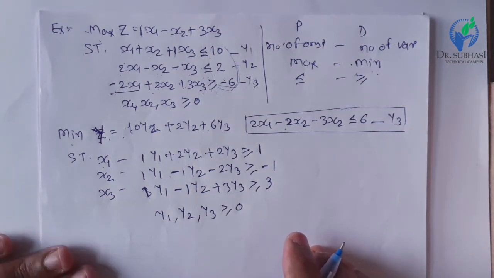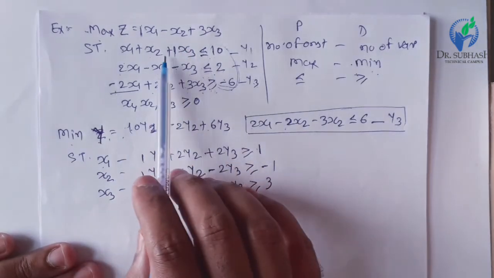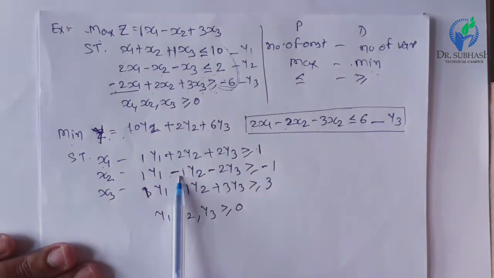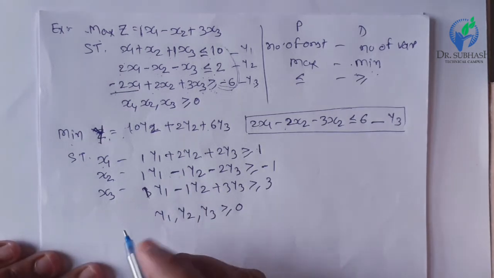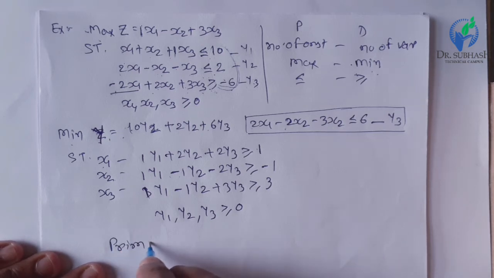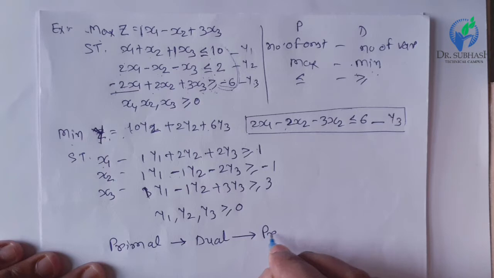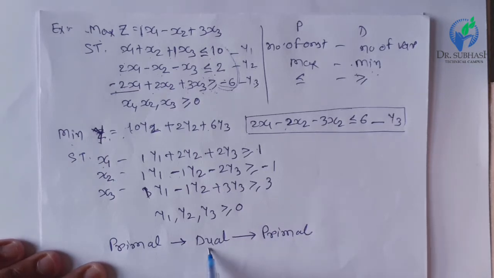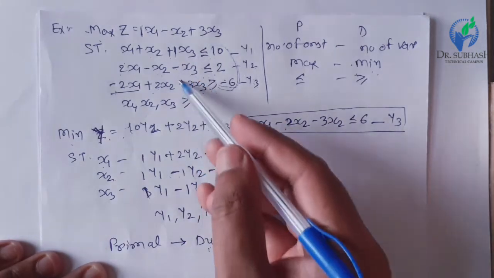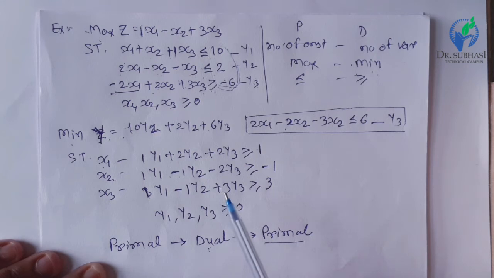So in this way we can convert the problem given as a primal, and the converted problem is a dual. Another important theorem here is that when you convert the primal into dual, and then convert the dual into dual, it will again become a primal. So you can say the dual of the dual is again the primal. Any problem you can call a primal; there is no particular sign for what we call primal or dual, because the dual of the dual will become primal again.